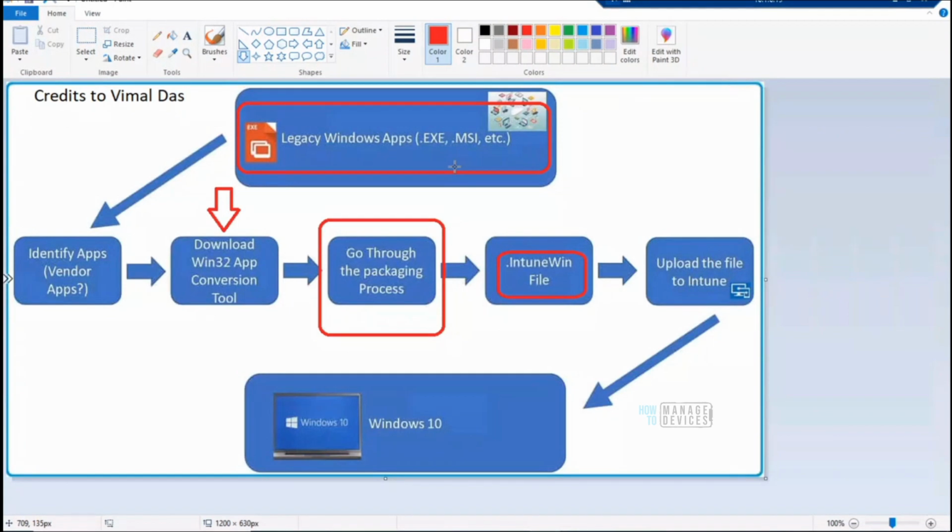If you have a package with multiple files inside, then you need to use the Intune Win file.